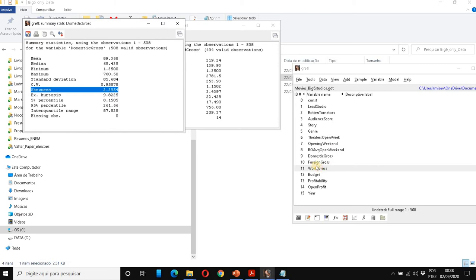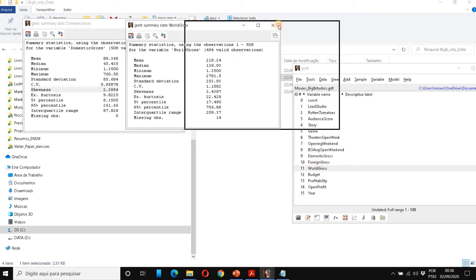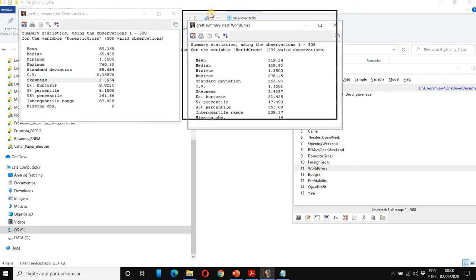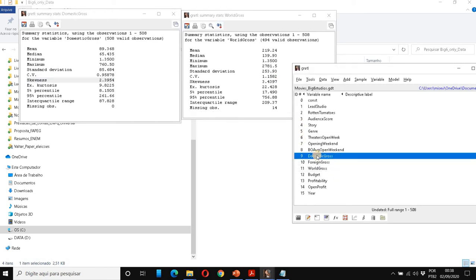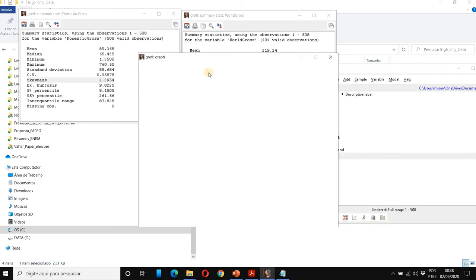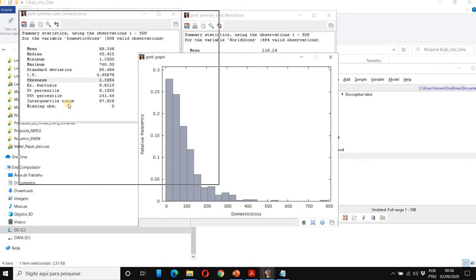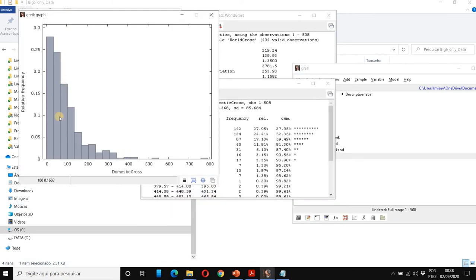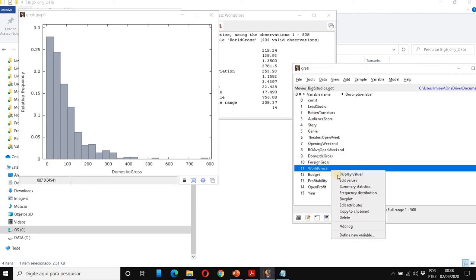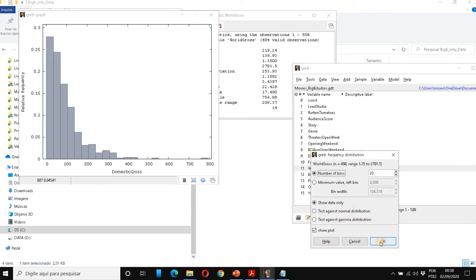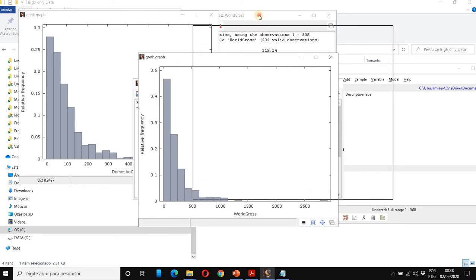I'm going to generate the graphic of the distribution of both variables, okay? So for the domestic gross revenue, I right click with my mouse, choose frequency distribution and click on OK. So quite a symmetry. But remember that in this case, the mean is higher than the standard deviation. I'm going to do this again with the world gross revenue, frequency distribution, and then OK. Now we see